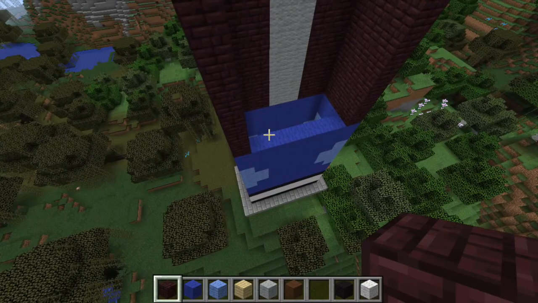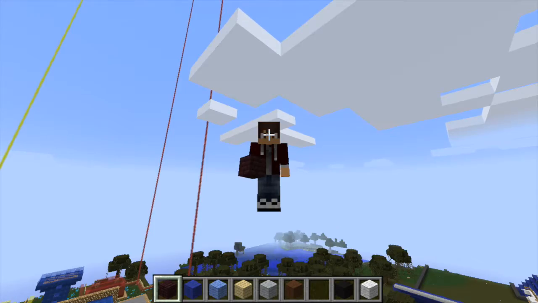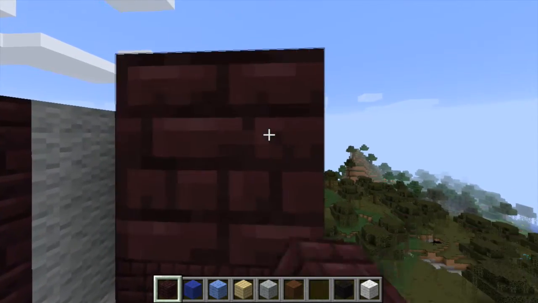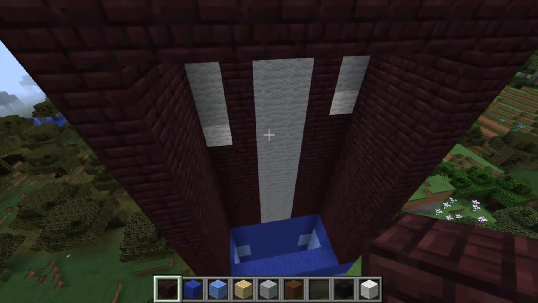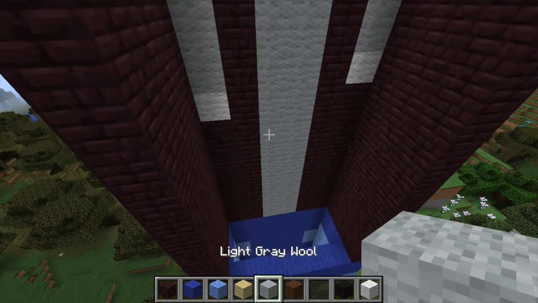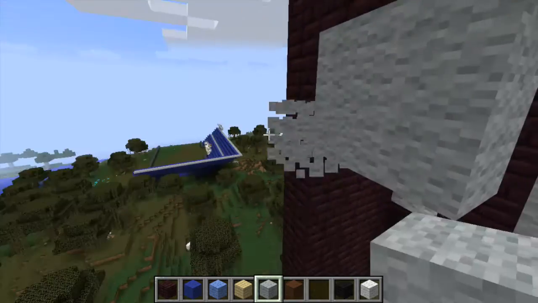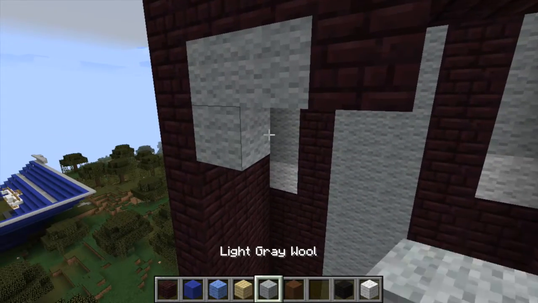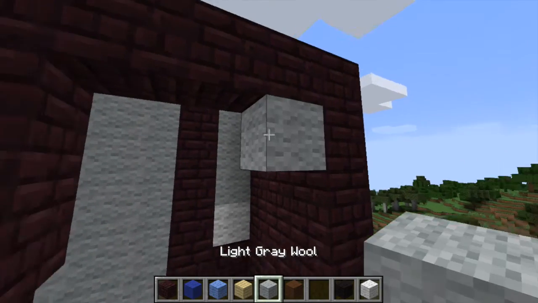Okay, so that's going to be the back. So we need to make that creeper design on the back. This is going to be interesting as to how this is going to work. So let's start by putting the top bit on here. And now I think if we make like a 4x4 here, and then put some nether brick. Oops, oopsie daisy. Put some nether brick, and then a 4x4 on this side,